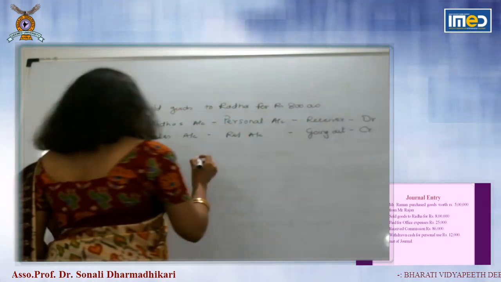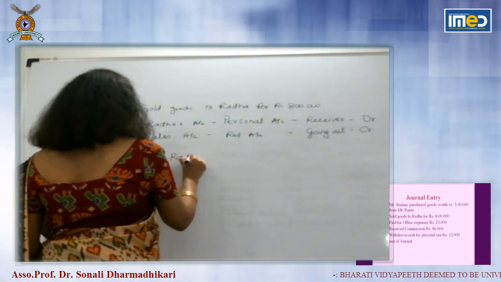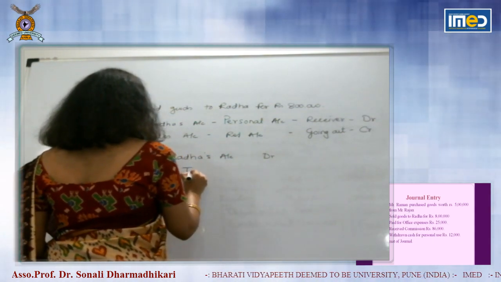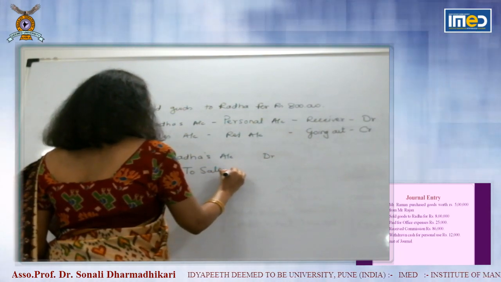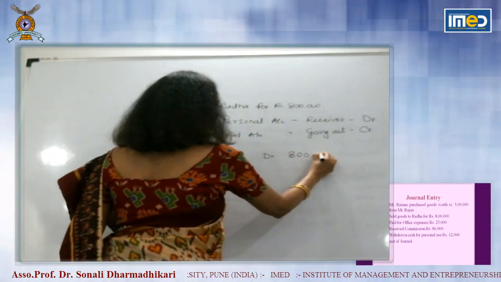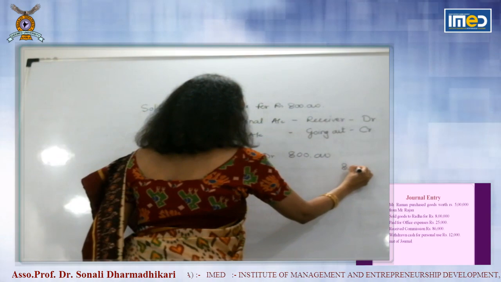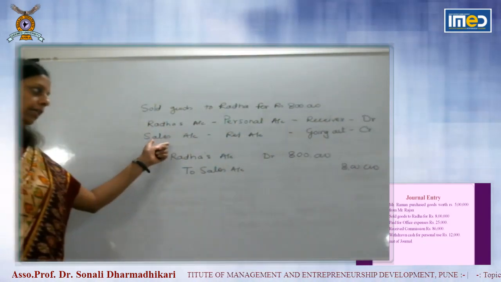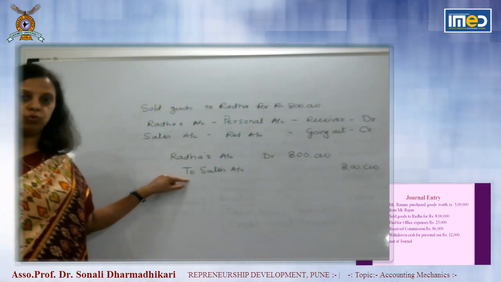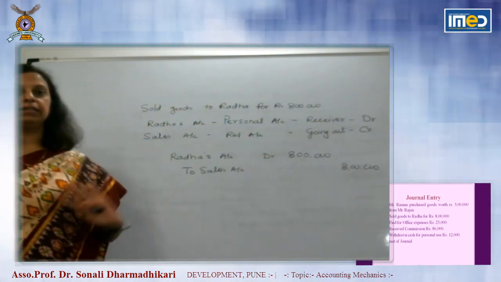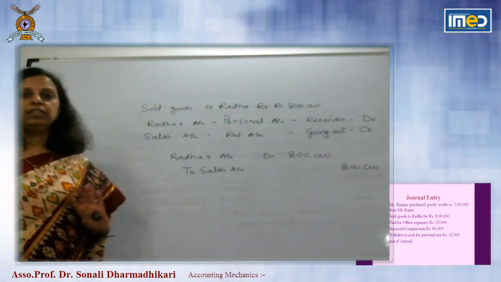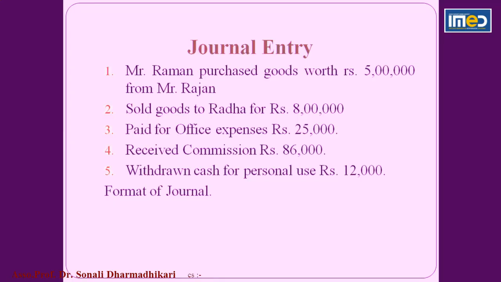So the entry will be Radha's account debit to sales account. The amount is rupees 8 lakh. As per principles of double entry bookkeeping, one account is debited and the other account is credited by the same amount. So the amount of debit and credit is same. So these are the steps which are followed to pass journal entries. Next,